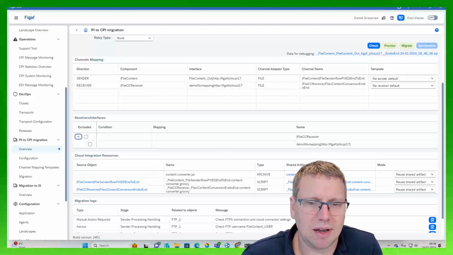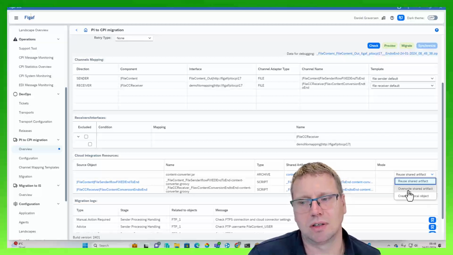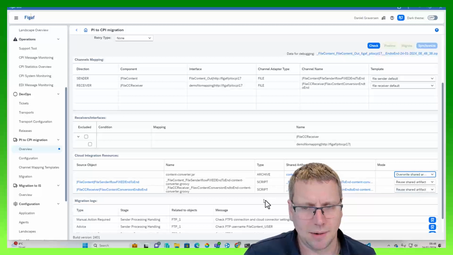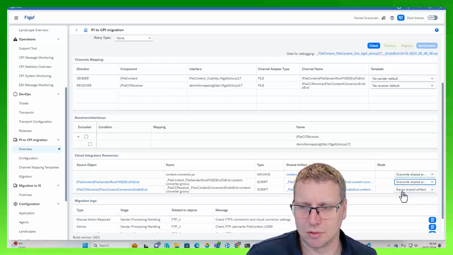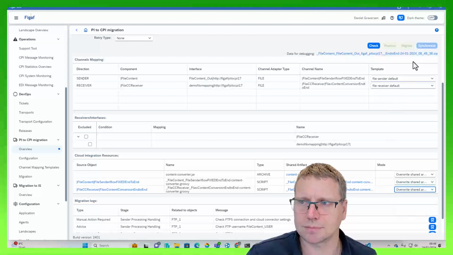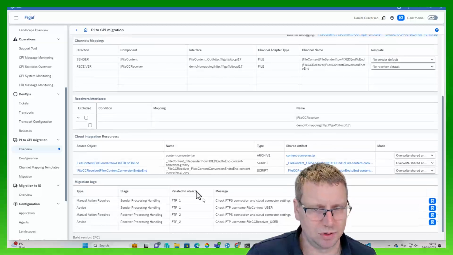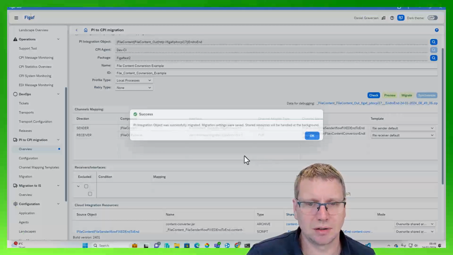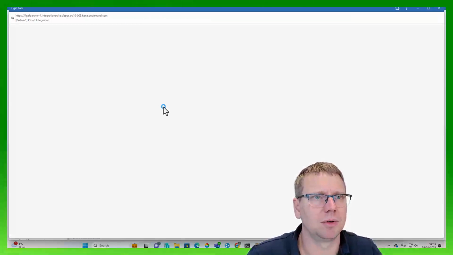And if you already have migrated something, you just need to say override share content, then it will fetch the original payload. We can do that. And we can see the Groovy scripts that will be created for these ones. So just say override here. We can do a check again. It comes up with some warnings also to check the RFC, that's okay, or the communication channels, that's okay. And now we have migrated this,